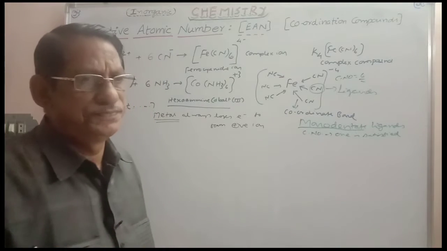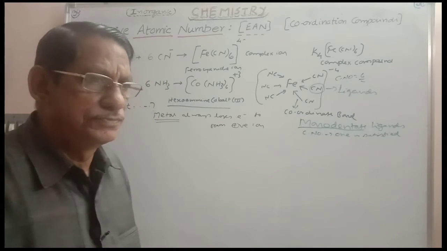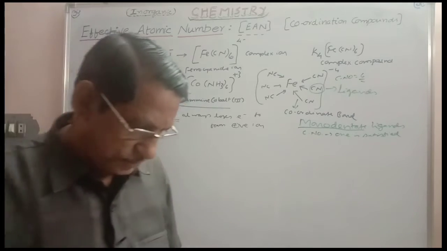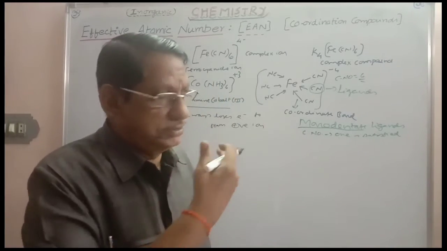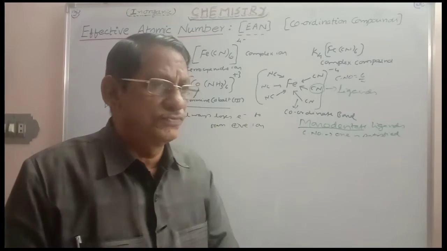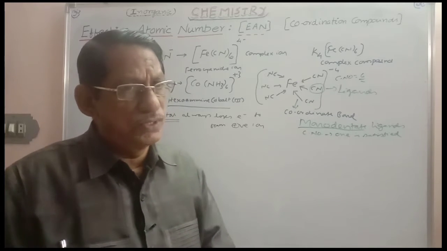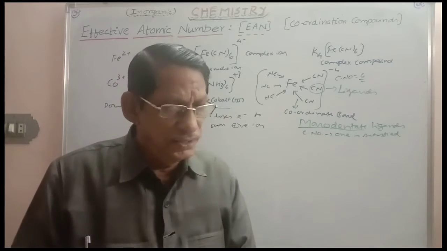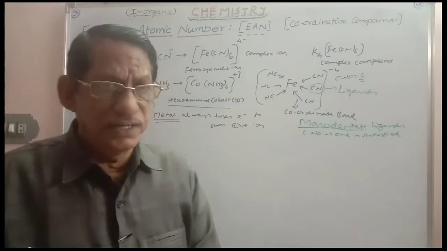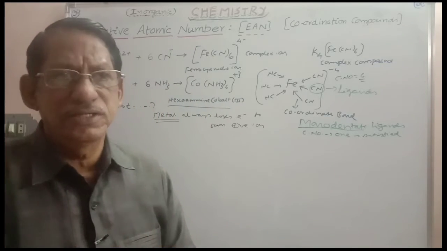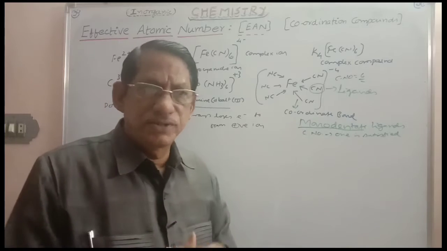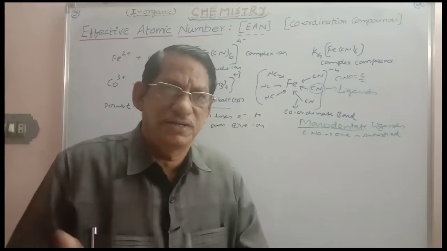How is it possible? Is there any scope? So this is the greater doubt. But this is true. Potassium ferrocyanide is existing, hexaamine cobalt 3 ion is existing, tetraamine zinc 2 ion is existing, tetraamine copper 2 ion is existing, diammine silver 1 ion is existing. All these are complex ions which are existing in nature.